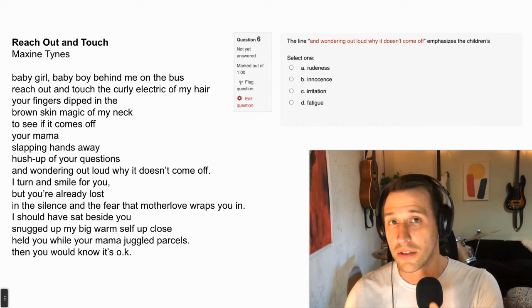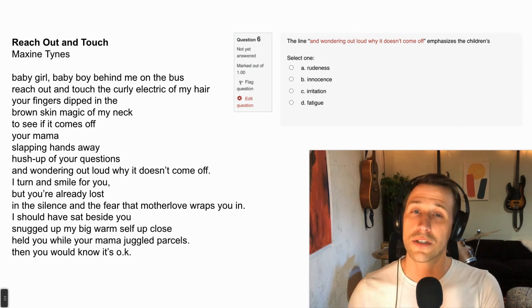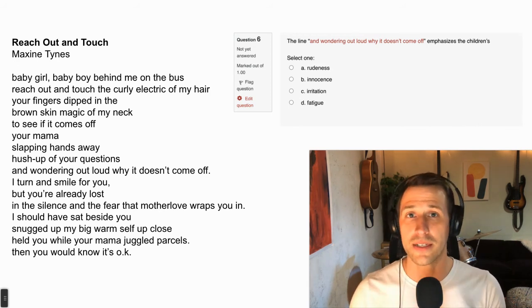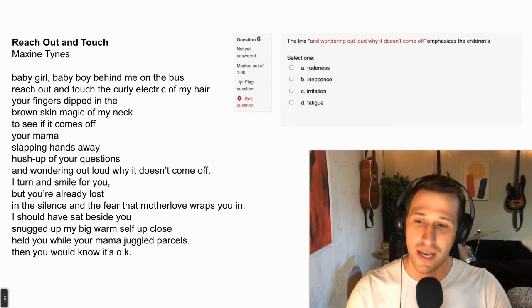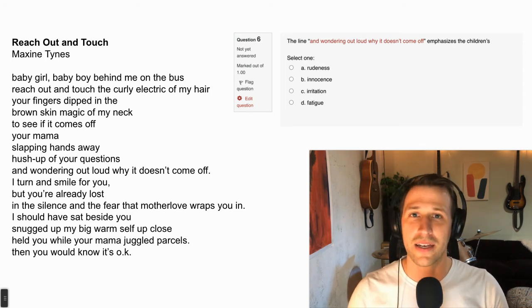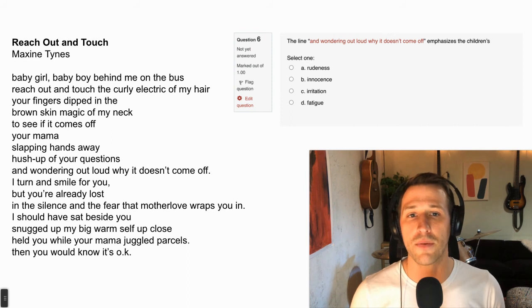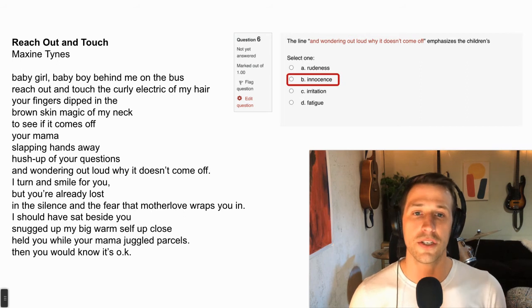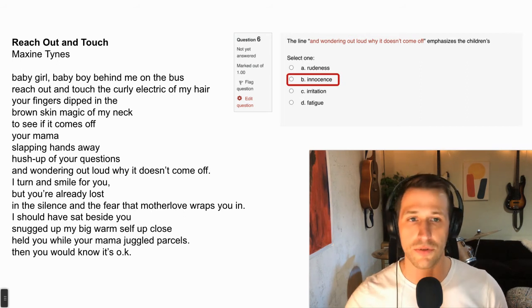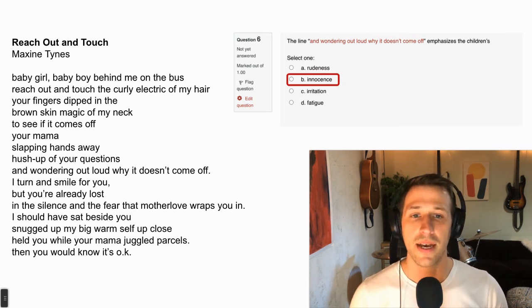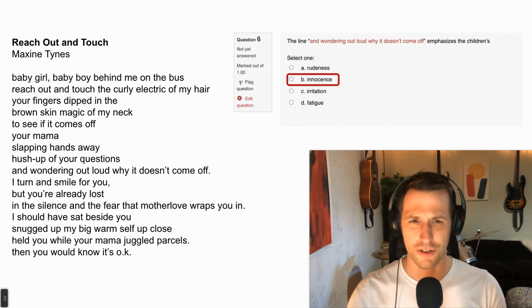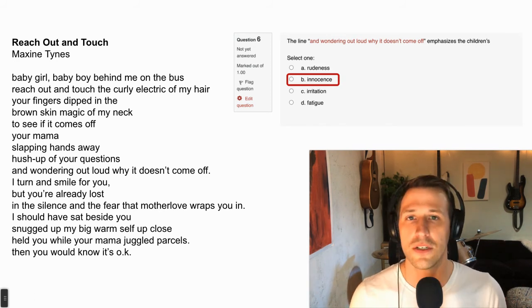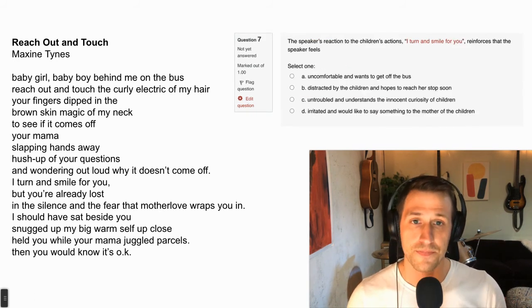I think she, the speaker, sees these kids. There's a certain innocence in what they're doing. It's not acceptable and it's not right. But she wishes I could have said, "Hey, it's okay. I'll smile," like that she could have handled it in a better way than the mother. And maybe the speaker recognizes the innocence of these children. She doesn't see them as rude. She doesn't necessarily see them as irritated or that the children are tired. The speaker sees these children as being innocent.